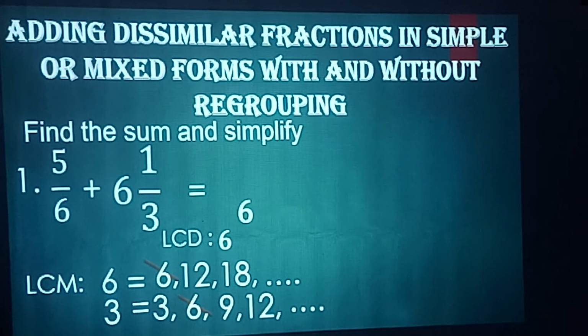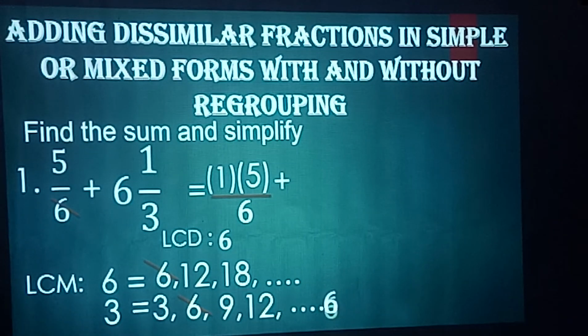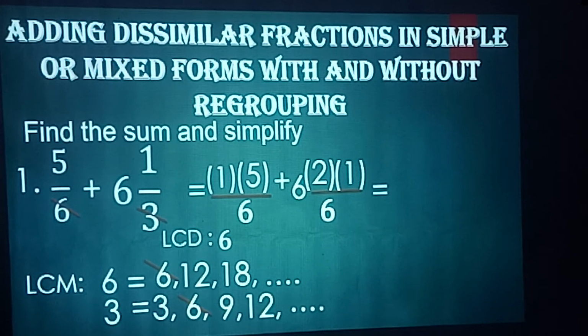And 6 divided by 6 is equals to 1 times 5 plus 6 divided by 3 is equals to 2 times 1. Copy the whole number, which is 6. So equals